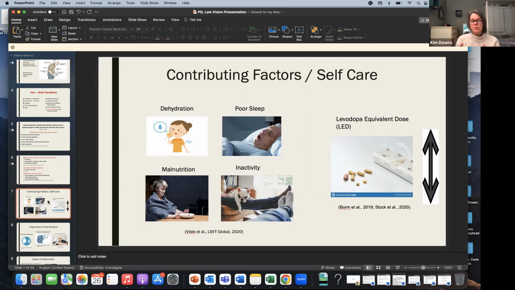So those prescribed medications that are meant to cause synthetic dopamine in the system, as those levels go up and down throughout the day between doses, or as they're down cycling from one dose or up cycling into a different dose, as those levels change, you can see visual changes as much as you can see other changes